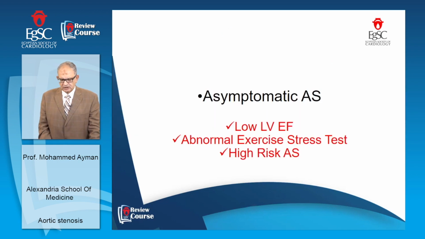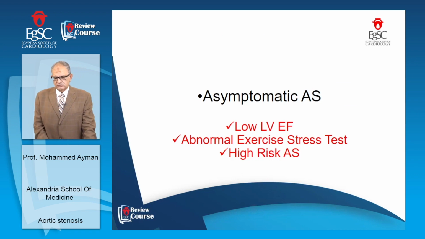Going to the asymptomatic aortic valve stenosis. So if we have a severe aortic stenosis and the patient is asymptomatic, no heart failure, no angina, no syncope, then when to intervene? The ejection fraction. Whenever the ejection fraction starts to decline below 50 in asymptomatic severe AS, we should consider doing intervention for him. Number two, if the ejection fraction is even preserved, we are going to expose the patient to an exercise